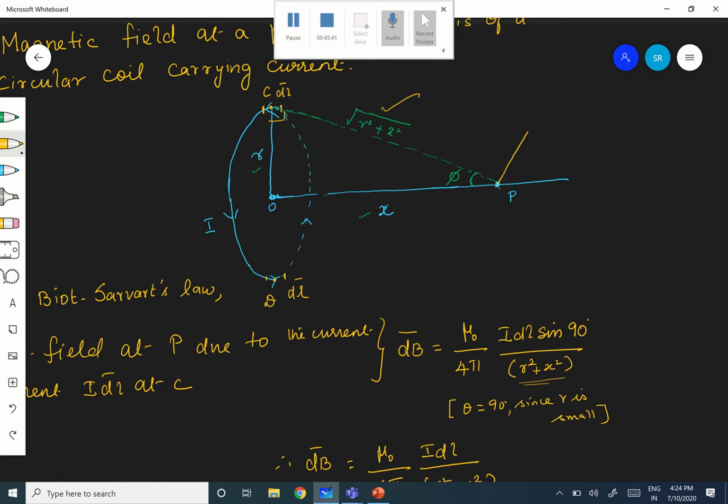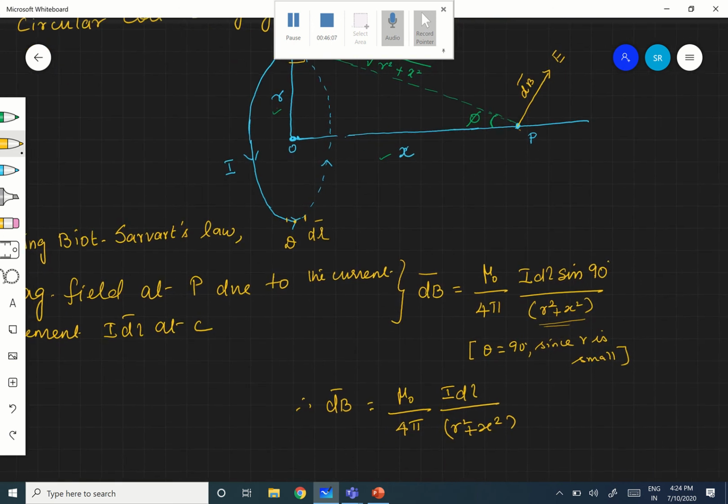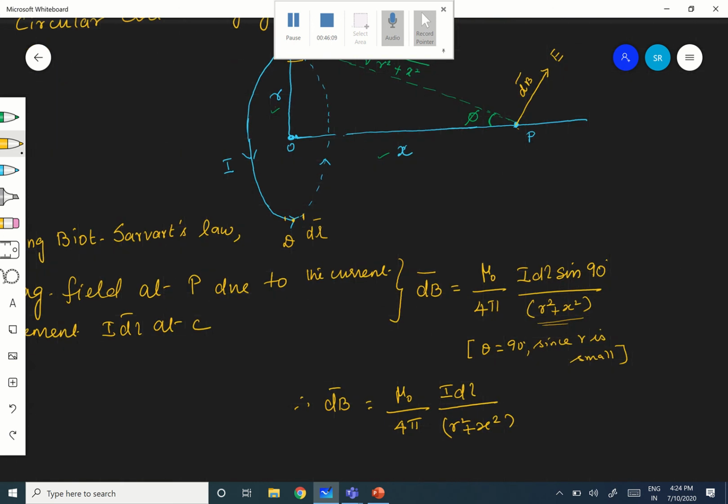Therefore, it is a position vector, no? Therefore, what is this? You see, it is dB. This is dB. Are you following? You give some name to it. Let it be ACDE. Now I have found out, so far, what we have done? We have found out the magnetic field at P due to one single current element.